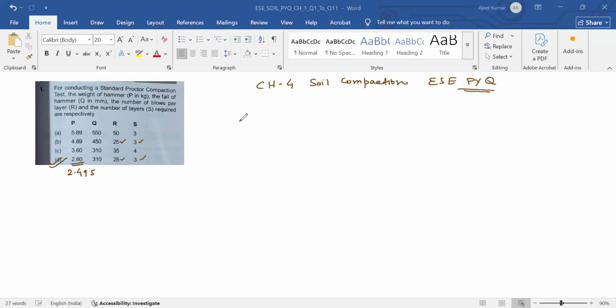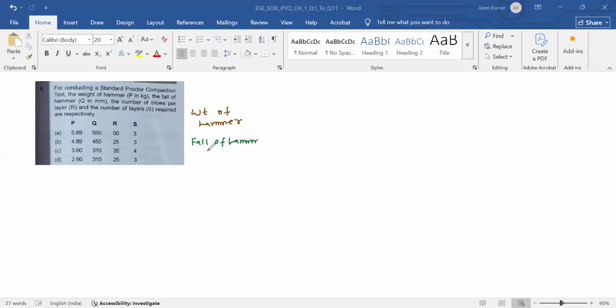So for solving this type of question, I am giving you a table. Just remember this table. You can solve this problem according to this table. So let me make the table first. This is weight of hammer. Second is fall of hammer,